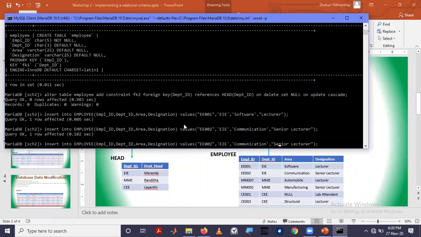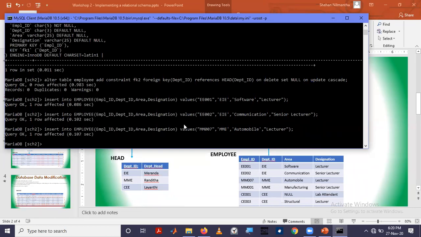Then we'll go for the third instance. Then the fourth instance is also like that one.